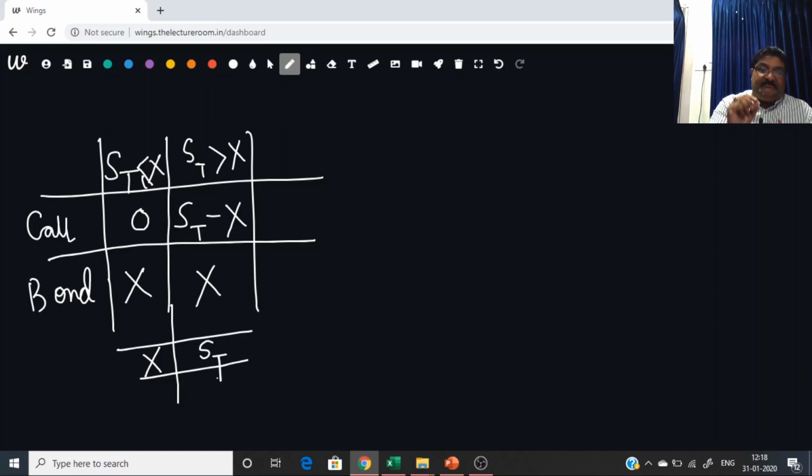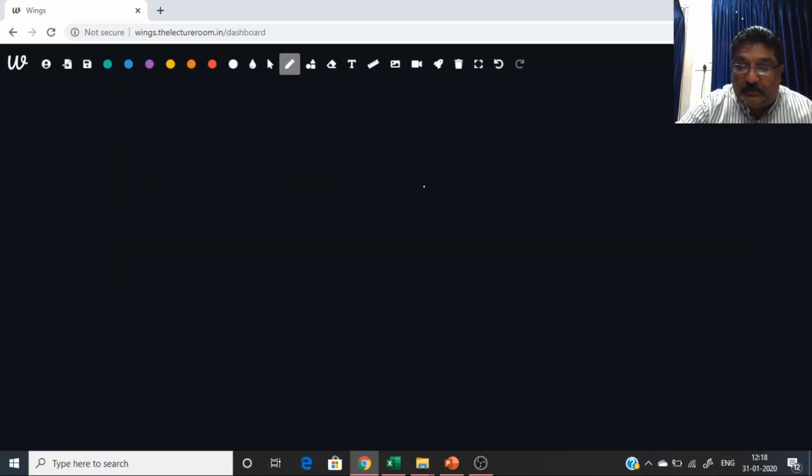That means if the spot price is lower than or equal to the exercise price, the total payoff from the fiduciary call option is X, whereas if the spot price in the market is more than the exercise price, the payoff at maturity is ST, right? So this is the total payoff matrix in the two scenarios for the fiduciary call option. I hope you would have noted it down, and now let us move forward and determine what is the second